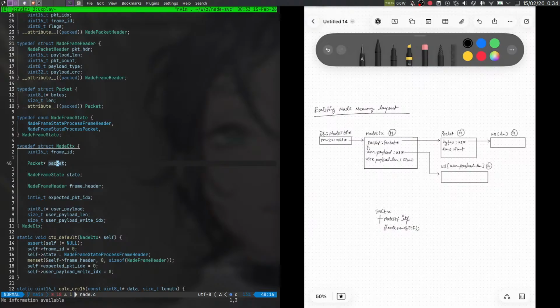Because the Nade context itself will contain a packet, which is basically this rectangle would shift from here into here, and that's it. And similarly, if I club these two, or these user parts,